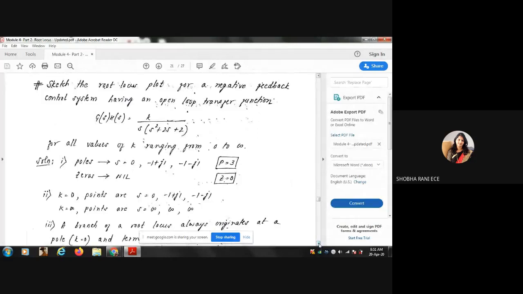But till now, in all the problems that we had taken, we had only real poles and real zeros. So we had not calculated this angle of departure or angle of arrival till now. In today's class, I will take up one problem and teach you how to calculate angle of departure. If time permits, I'll take the second one. Otherwise, I'll just complete one problem and explain clearly how to calculate the angle of departure.